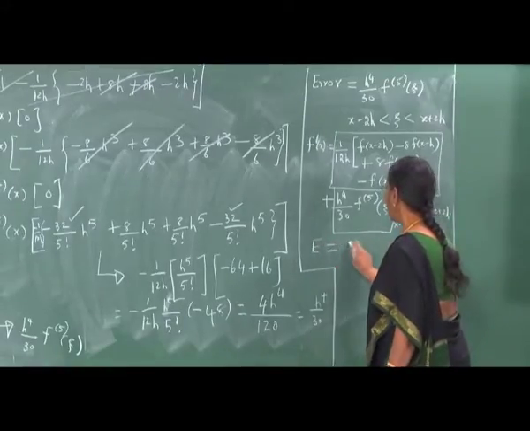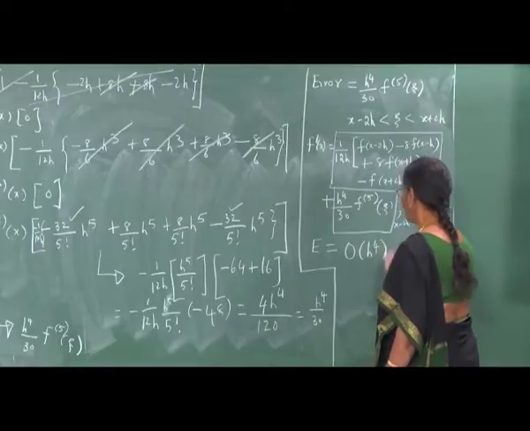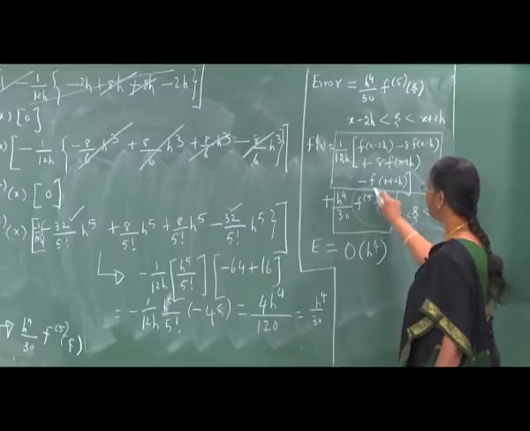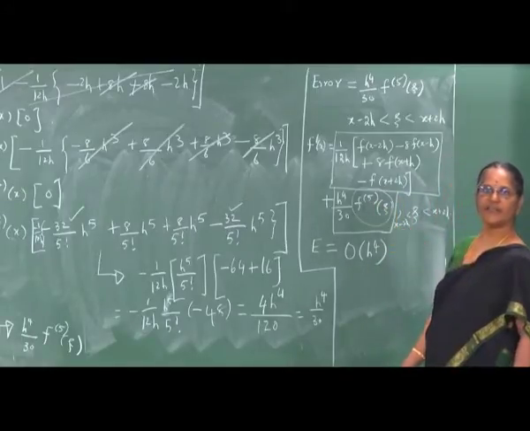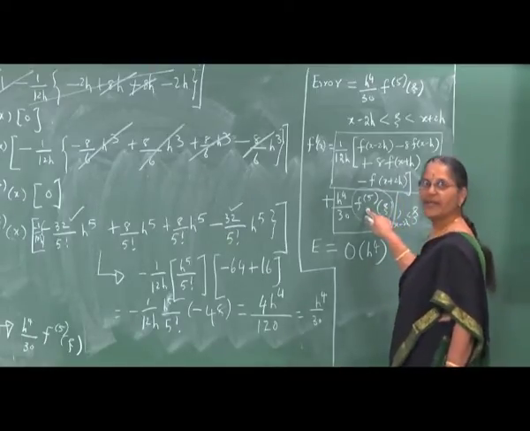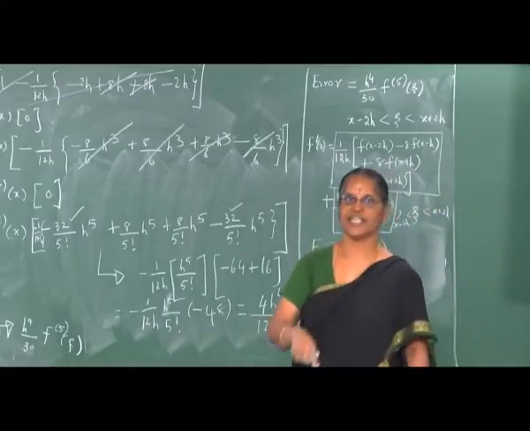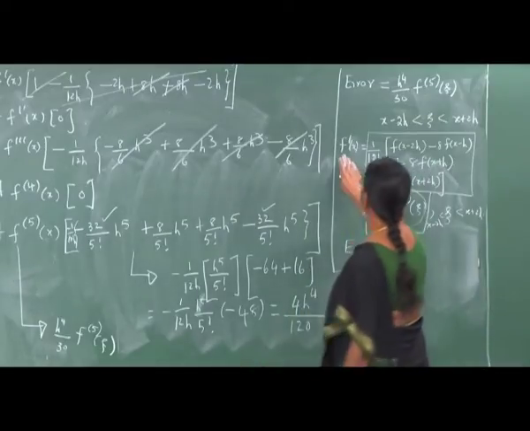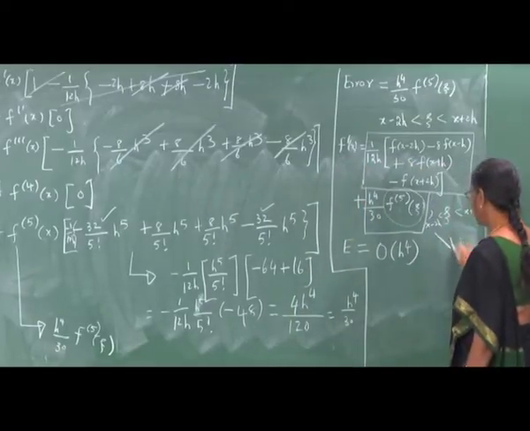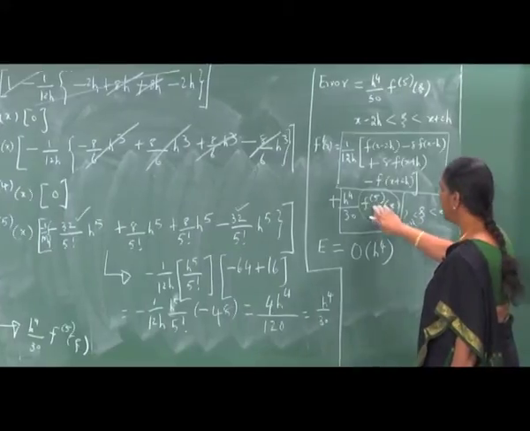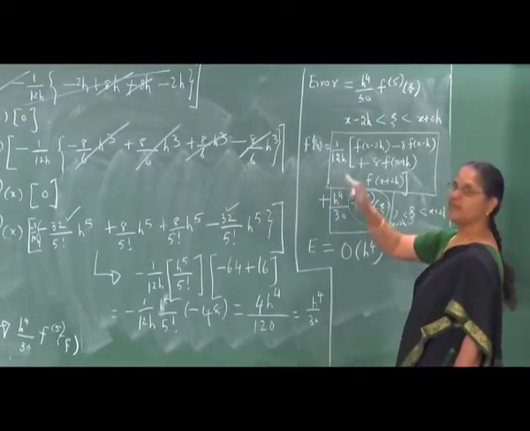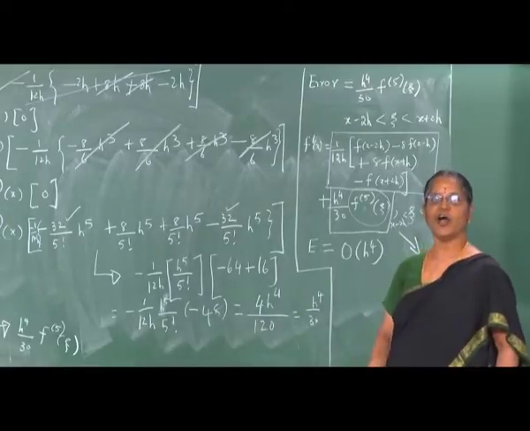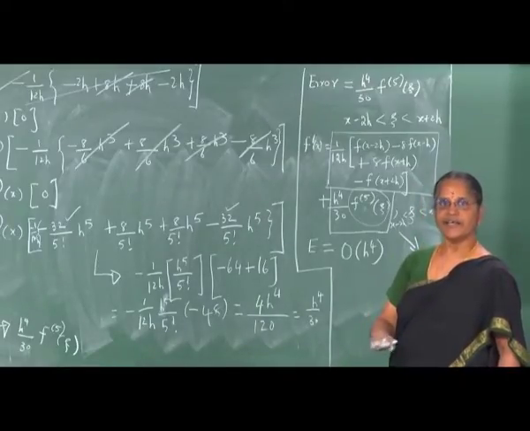So, the error is of order of h to the power of 4, and the factor which appears here, namely the fifth order derivative, tells you the class of functions f for which the first derivative can be estimated using this formula, namely f, f prime, f double prime, f triple prime, f 4 prime must be such that they all are continuous